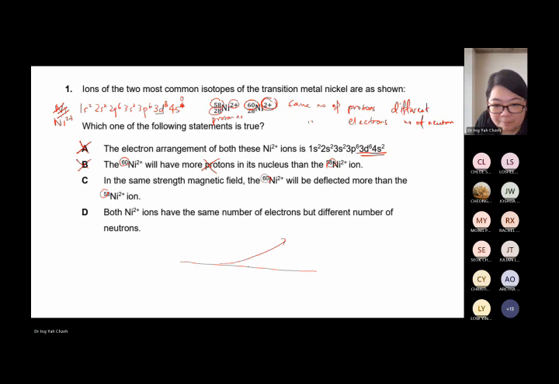If you have two, you look at the angle: the bigger angle is deflected more. The one deflected more is very light, or lighter, so it is easier to deflect. So this is lighter, and this one with the smaller angle